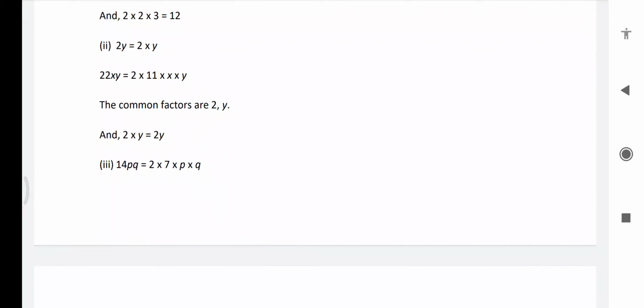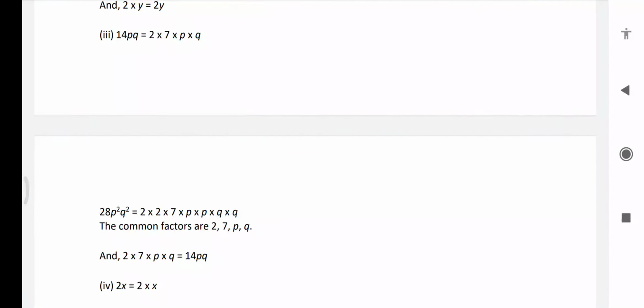So 2y, we can write 2 multiply y. 22xy means 2 multiply 11 multiply x multiply y. Now underline the common, 2 and 2, y and y. This is the common. X is not common in both, so we cannot write x. So the common factors are 2 and y. So write down the answer, 2 multiply y equal to 2y. So 2y is the common factor, the answer of the question. Now third,